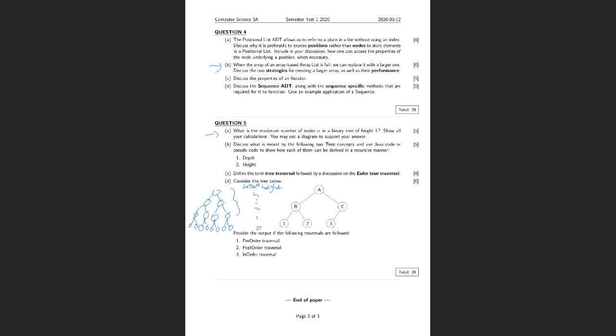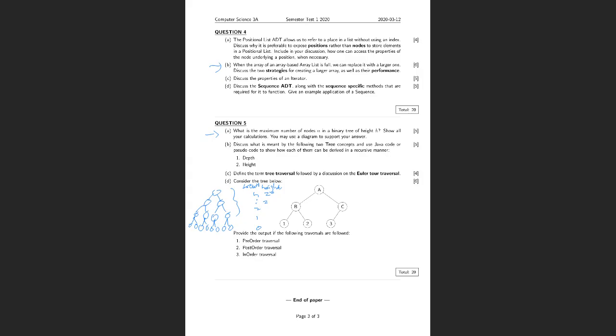At each point in our tree here, we end up with how many nodes? We end up at the top with 2 to the power 0 nodes. At the second one, 2 to the power